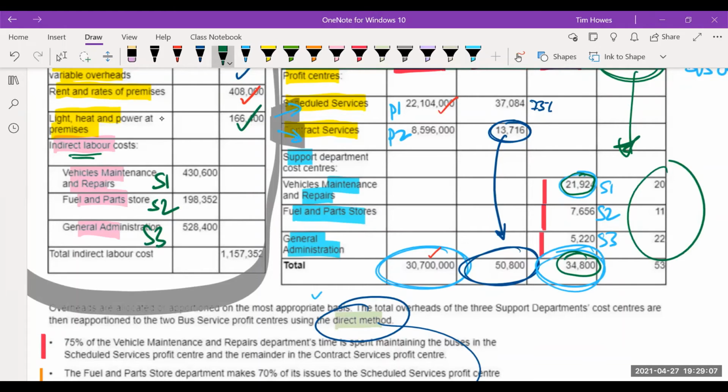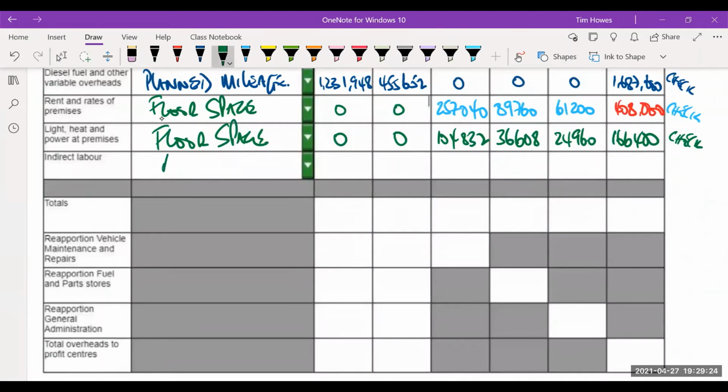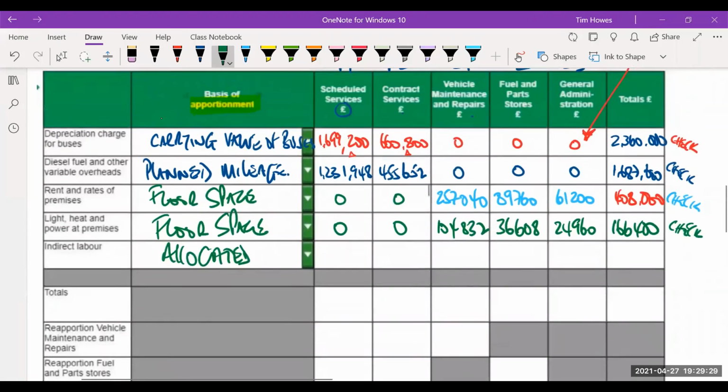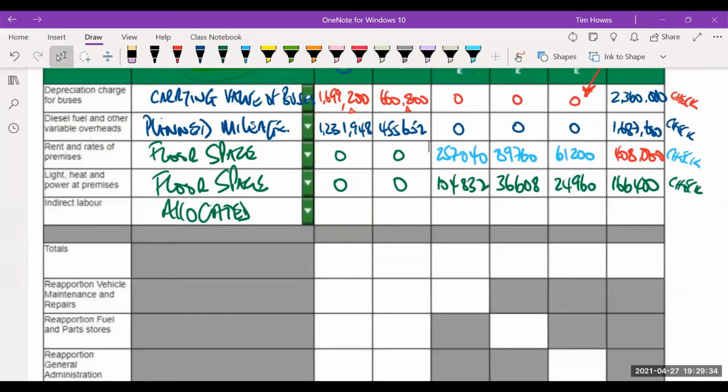And that's really quite rare, to be honest. But it's a good test that you understand when you allocate. If it's got the name on it, you allocate it. Okay, so that's it. Vehicle maintenance and repairs, that's where it's going. So that is an allocate option, absolutely. So this is allocated, and that's where I got a little bit upset, because basis of apportionment isn't really an allocation. But anyway, that's me on a high horse, isn't it? Off they come. So we just copy them straight in.